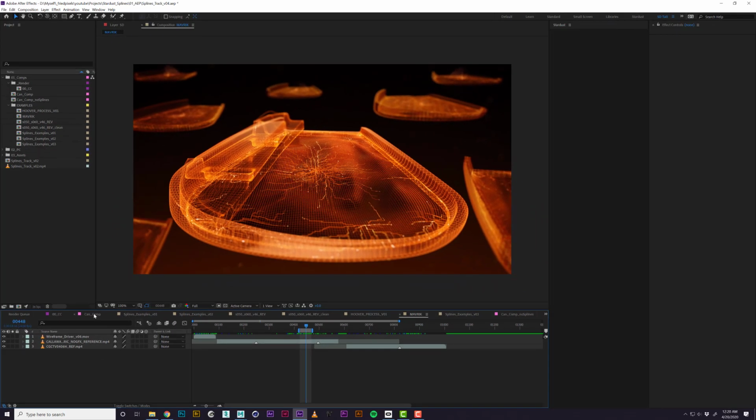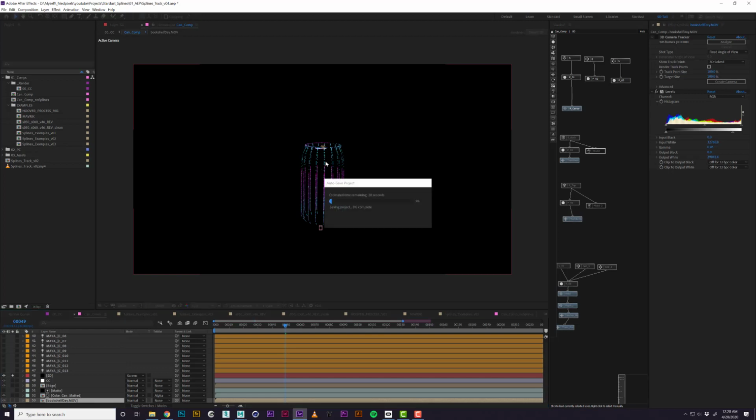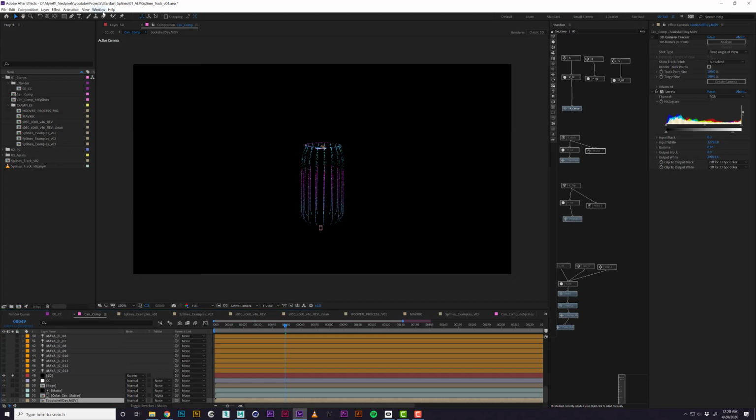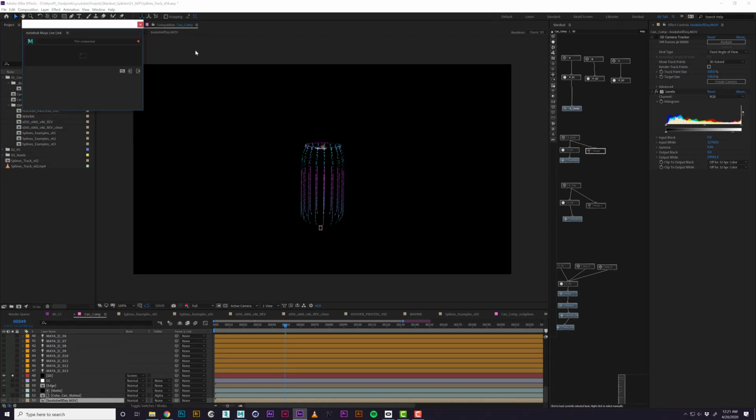All right, so before we jump into the project and talk about it, there are a few plugins and scripts that I'm using that make this possible. Some of them are just for making the workflow quicker, faster, and one is necessary. In this case, I'm using Maya because that's been software of choice on the past few projects, all the ones that I was showing there. Since I'm going back and forth with Maya, the extension that I'm using is called Autodesk Maya Live Link, which if we jump over here,